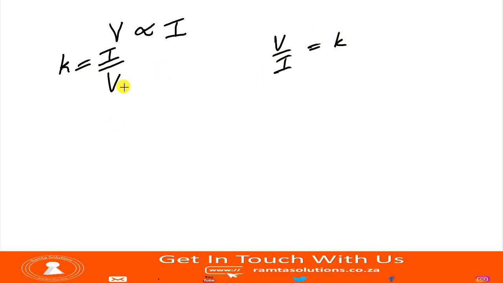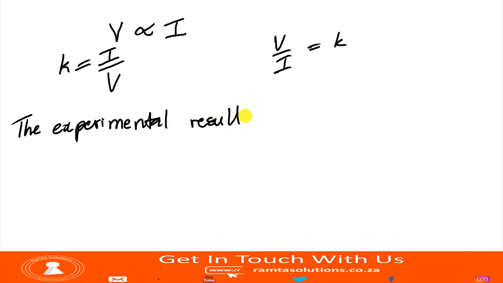I'm going to come back to these, guys, because there's really something that I need to show you. The meaning of these K's are different. You have to understand what it means, okay? Coming back. So now, the experiment, or the experimental results, let me put them like that. The experimental results of Mr. Ohm, of George Simon Ohm,